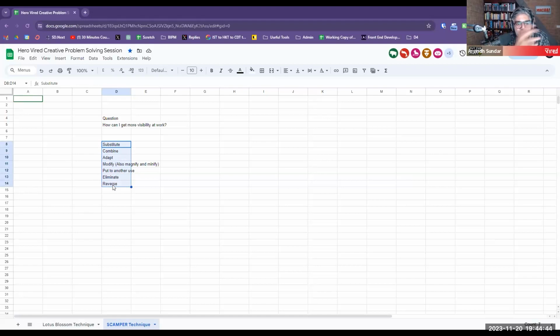I'm going to once again demonstrate this using the same idea. The common thing that both the lotus blossom and the SCAMPER technique have is that they are focused on giving you some sort of a constraint to think things through. So we start with a question or a problem that we want to solve, which is, how can I get more visibility at work? The same question that we had for the lotus blossom technique,